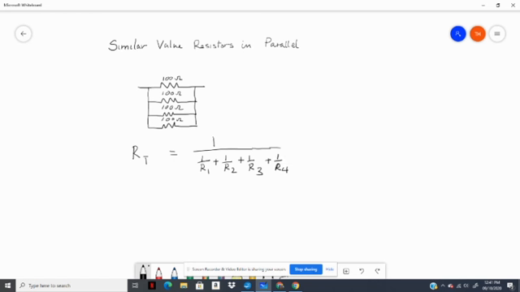So it's R1, R2, R3, R4, right? So that would equal